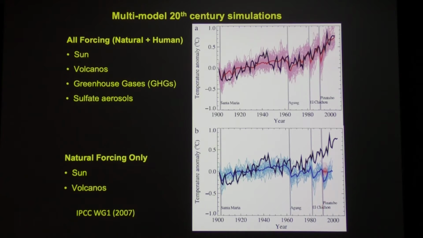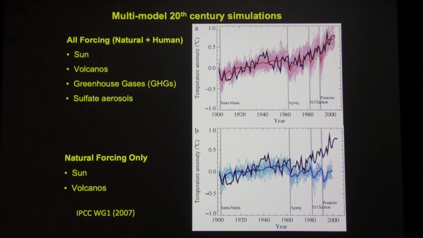Those are pulling temperatures down. The black line on both of these graphics represents reconstructed temperatures from thermometers. The colored lines represent models reconstructing those same temperatures. So the notion here is if we can model data that recreates what we know has happened in the recent past, then maybe we can use that same model to look forward